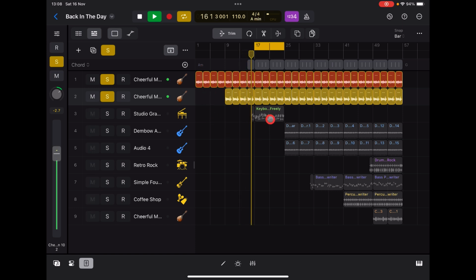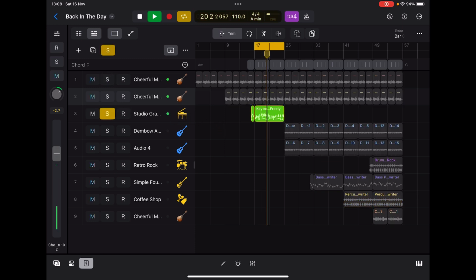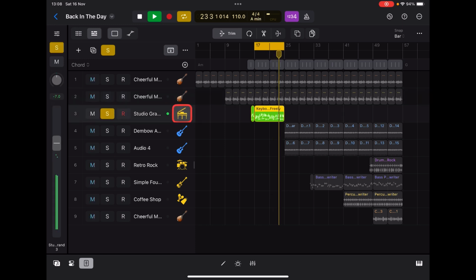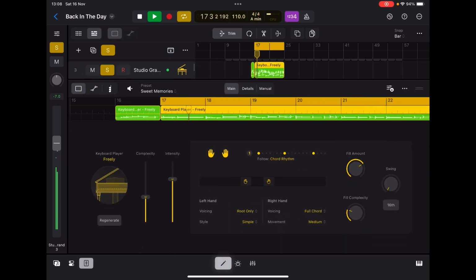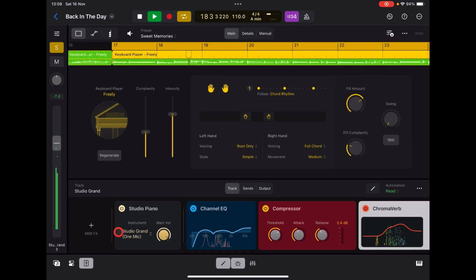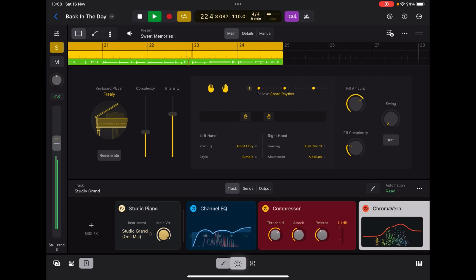Then I brought in this piano, which was just the Studio Grand session piano. So the piano is the Studio Grand, I think. Yes, Studio Grand. Might have done a bit of messing around with the EQ, doesn't really matter. But what I did do